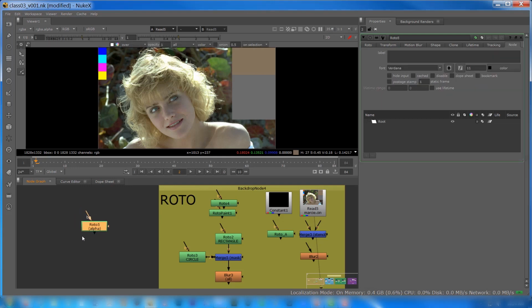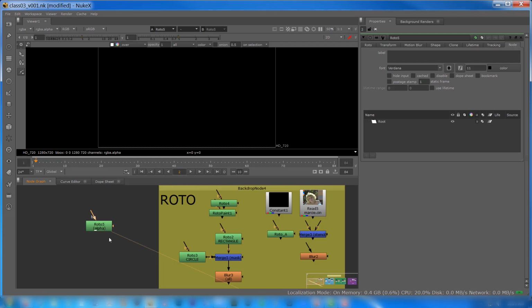Let's familiarize ourselves with the Roto node. Once we understand how the Roto node works, then there's a big overlap. You can easily move to a Roto Paint node and explore some extra tools that are available to us within that Roto Paint node. Now, the Roto node itself, if I just press 1,